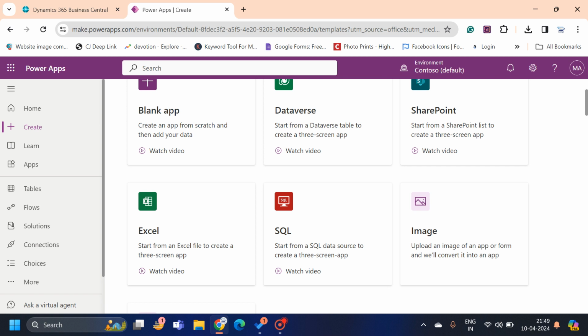Today in this video we will understand about this image option which is available in the Power App under the create function. Okay,